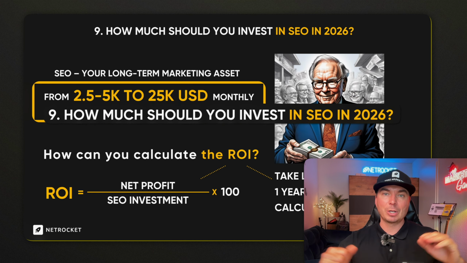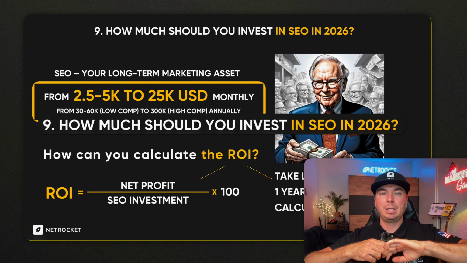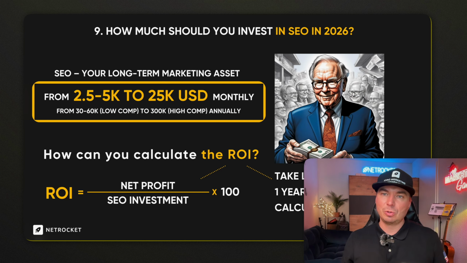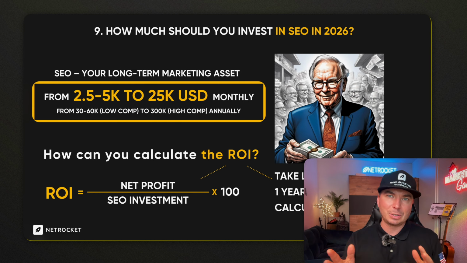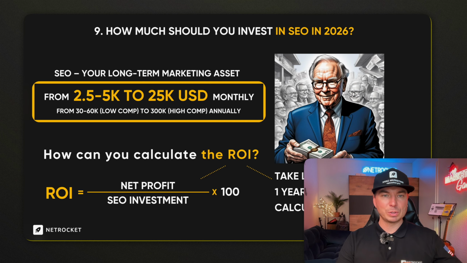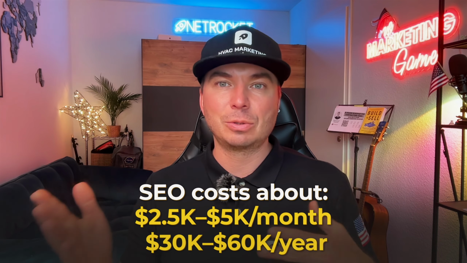The next question is, how much should we invest in SEO in 2026? It's plus minus the same amount as it used to be in 2025. I can tell you that if we're talking about the HVAC business, somewhere in the mid competition area, that would start from 2.5 to 5K monthly. So in total, you would consider a 30 to 60K annual budget for SEO investment in total, in the costs of backlinks, content creation, and the team labor.